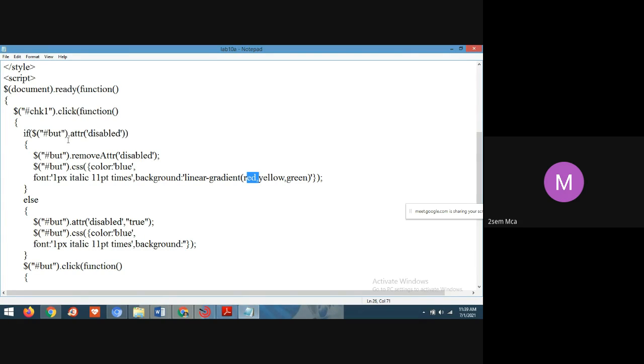When it is disabled, then it should remove.